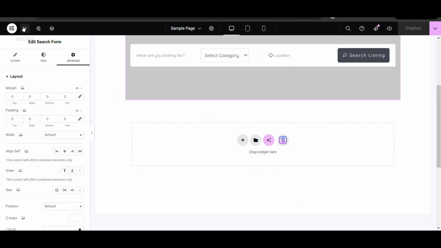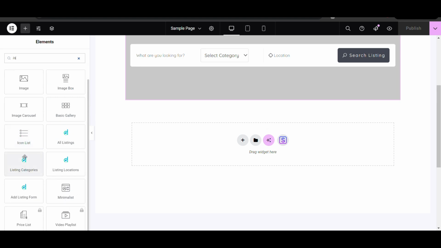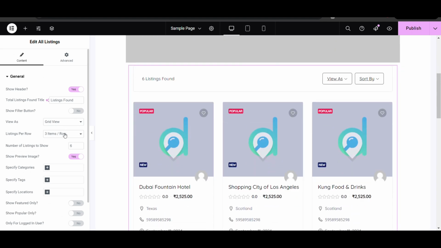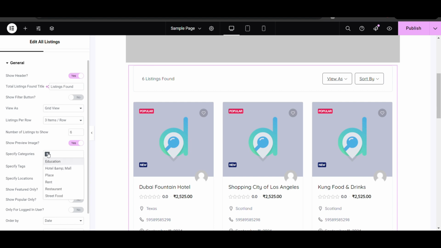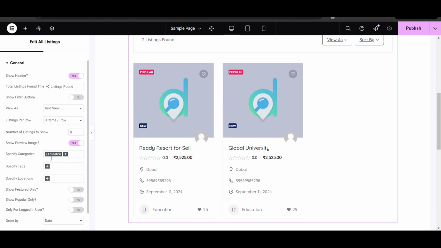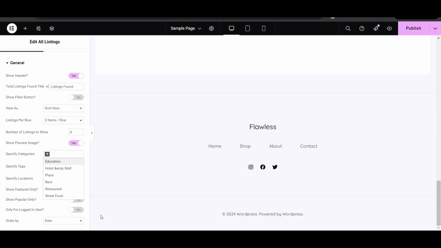Now after that, suppose you want to show some listings, so you can show them. Listing category, you can show all listings I want to show. Here you can see if you want to show some listings based on a specific category, you can set it from here. Okay, so you can set listings as per your requirement.